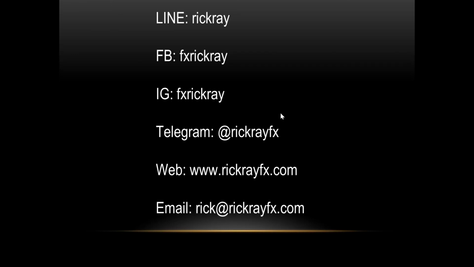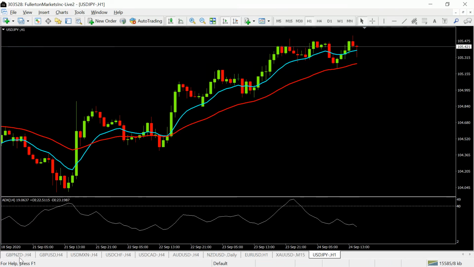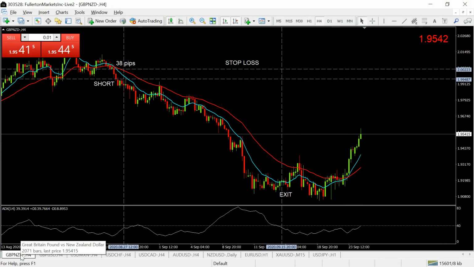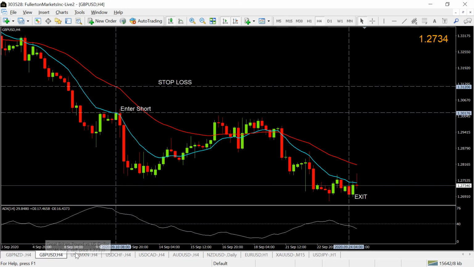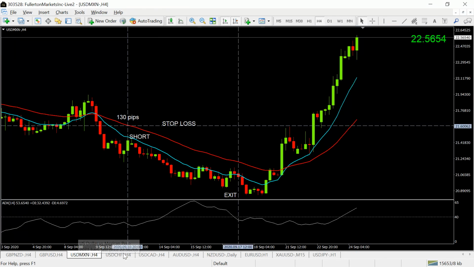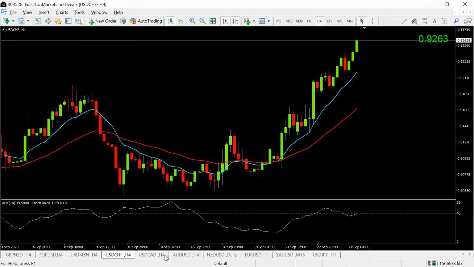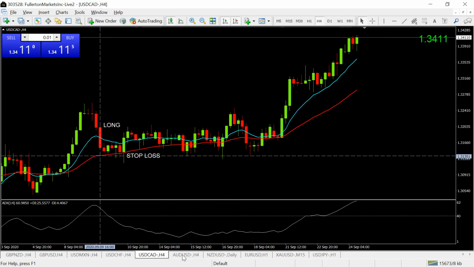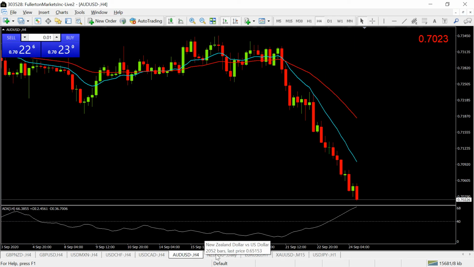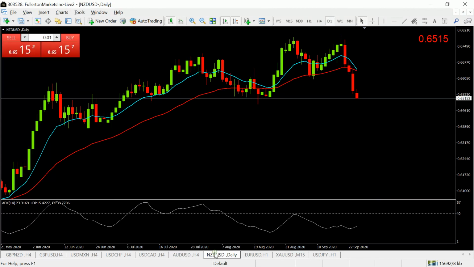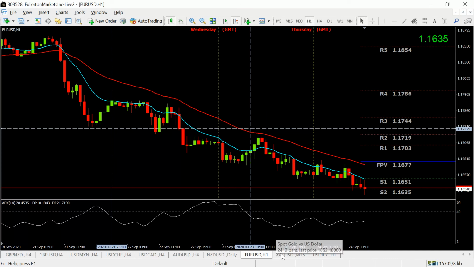I'll go back to my MT4, and you'll see that I have a special MT4 set up with every chart having the Trend Rider strategy on it. I love it. This is the pound US. That was the pound New Zealand. Okay, this is the pound US. This is the US dollar Mexican peso, the US dollar Swiss franc, the US dollar Canadian dollar, the Aussie US, the New Zealand US, the Euro US, and of course I do have